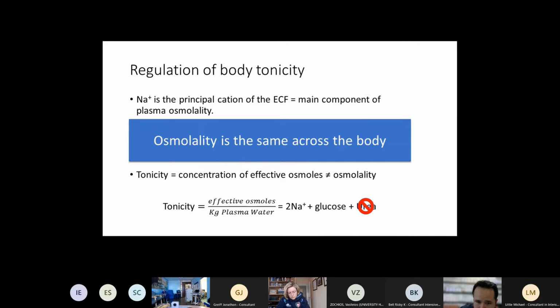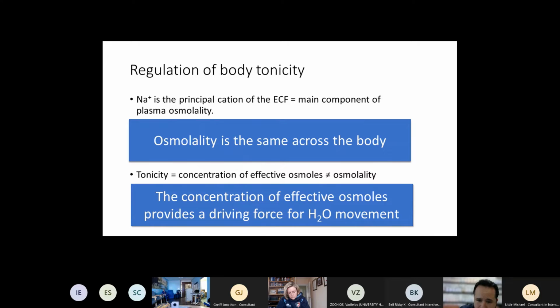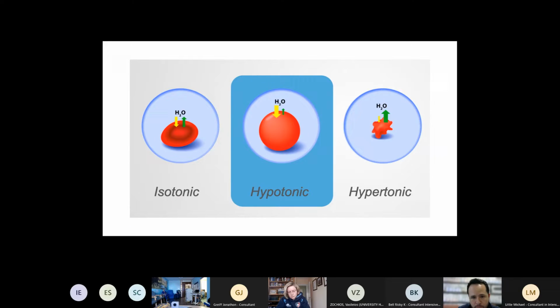Osmolality doesn't change, it's the same across the body, whereas tonicity does change, and it will be located mainly, obviously, in the extracellular component, and particularly when it comes to serum and blood. It is important that we're aware of this because depending on the tonicity of the patient and the tonicity of the solutions that we give the patient, we may cause effects to their cells. So an isotonic fluid, when the patient has an osmolality or a tonicity of nearly 300, will not change the size of the cells, whereas